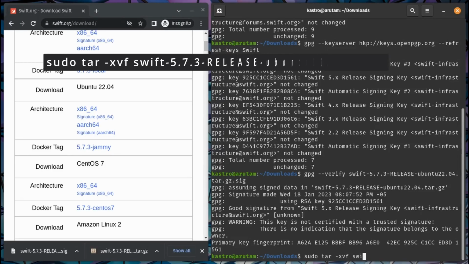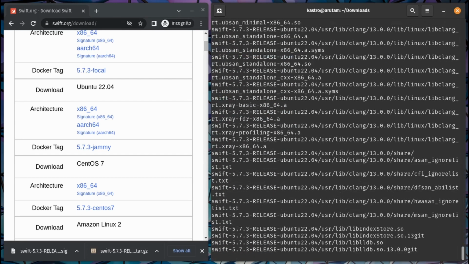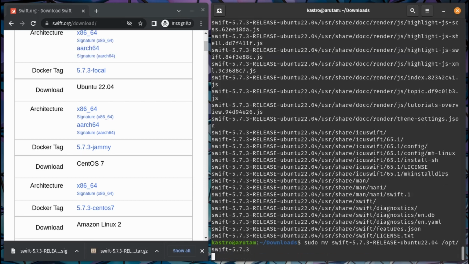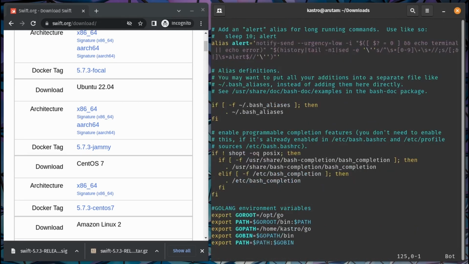Time to unleash the contents of the downloaded archive. Run this command like a boss. We're going to move the extracted files to the /opt directory, like a VIP getting escorted to the best seat in the house. Let's add the Swift binaries to your system path like it's the newest dance move going viral